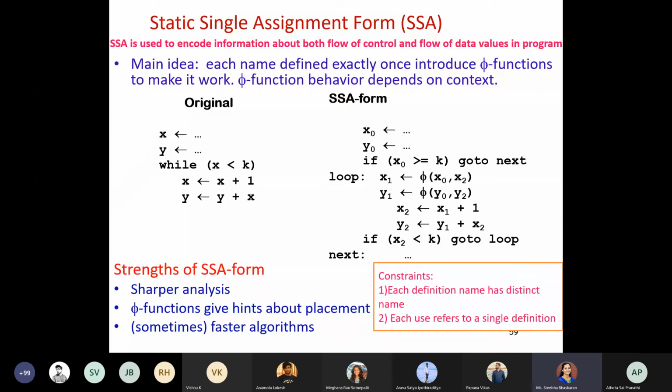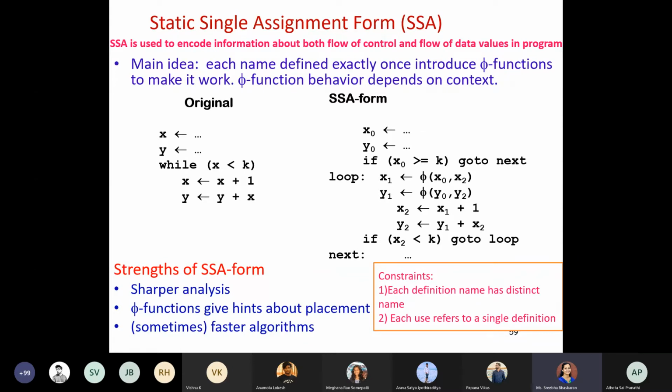Before going for the static single assignment form, what you have to understand is, in your program, when we go for this compilation, this point we have already discussed when we were discussing the data flow graph. Remember the dependency graph, data dependency graph. Whenever we have the data flow, we were just numbering it, and accordingly we were pointing from one place to another place. So this is similar to your data dependency.